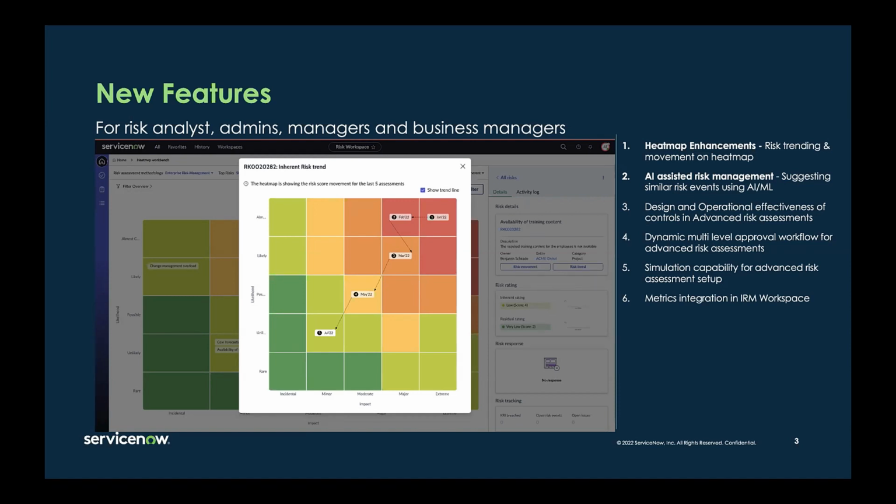So which means if you don't want to, you can continue doing it as it's today. But if you want to go granular, get to more detailed assessment, you can. So it's really giving that extra power of configurability to you to make that choice. The fourth thing